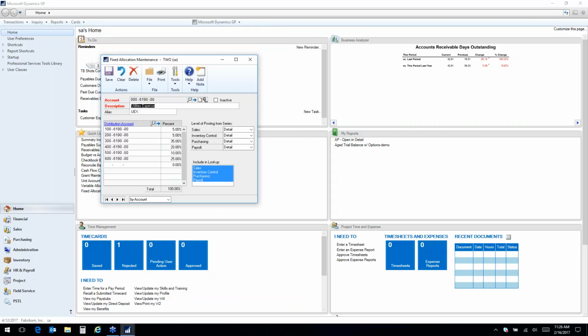And so here I'm allocating utilities expense. Instead of my utilities expense account, every time I use the utilities expense account 000619000, I'm telling the software I really don't want to keep any dollars there. What I want you to do is break whatever I put in there, those dollars, down by these percentages into these other